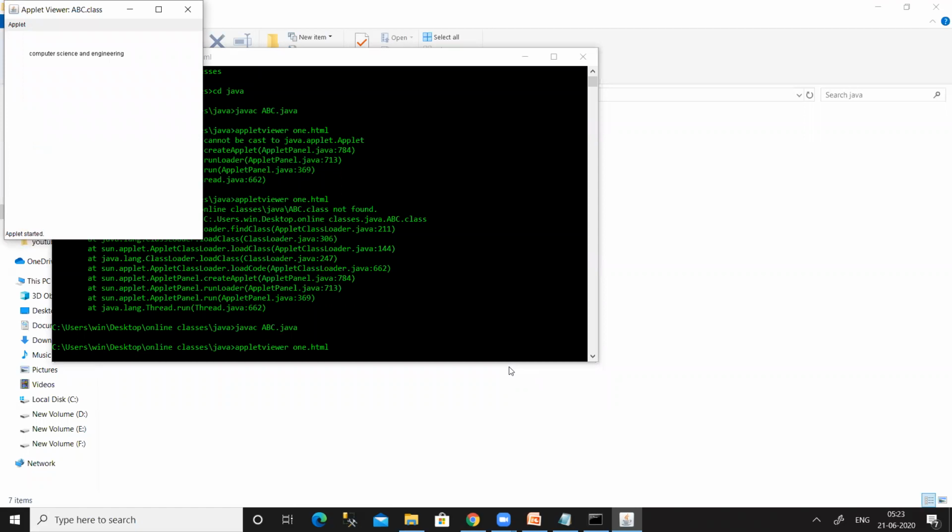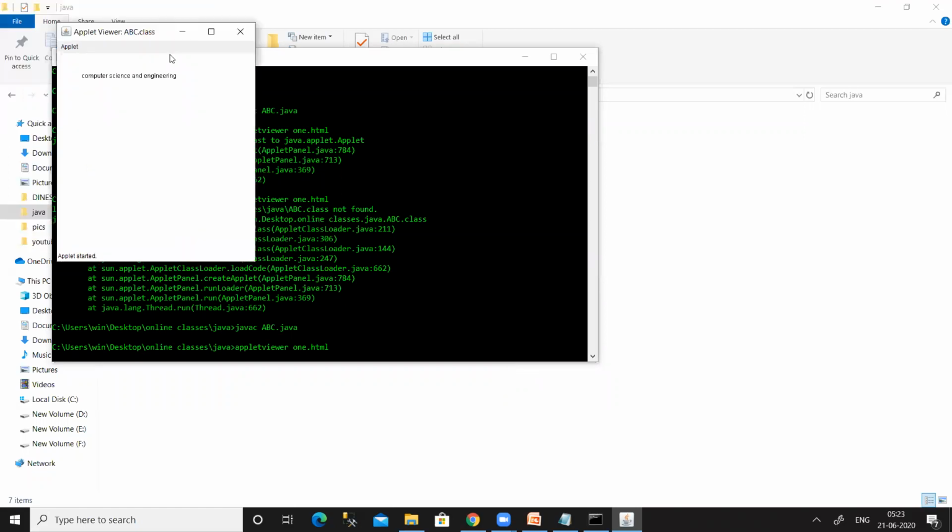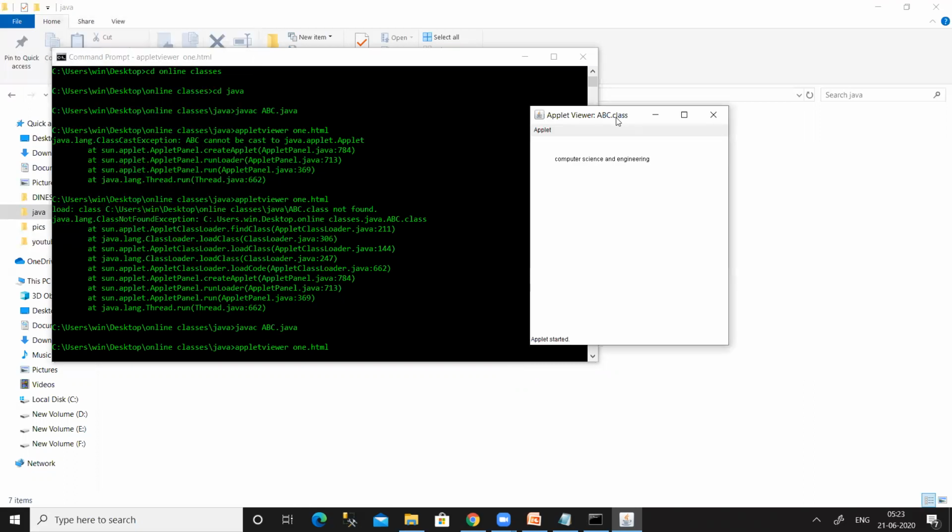So you can see whenever I use the appletviewer command, a new window is generated here, and this is called an applet. And this applet is displaying some text. You can see the text computer science and engineering.